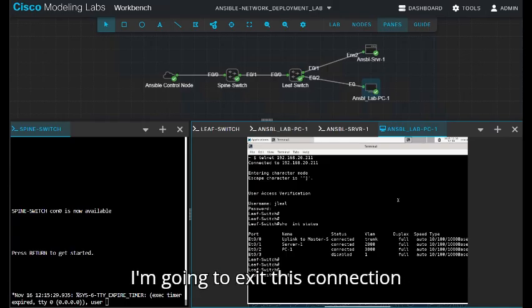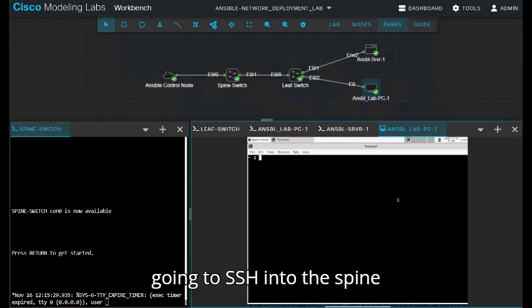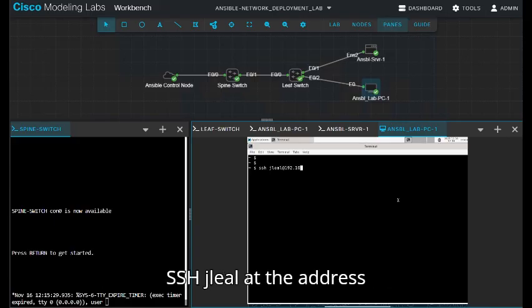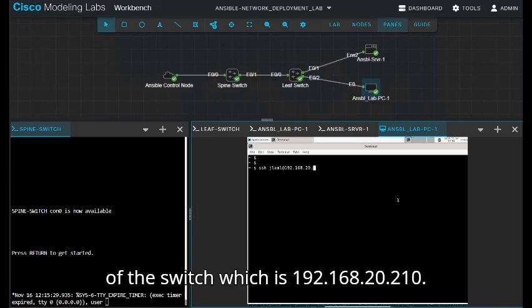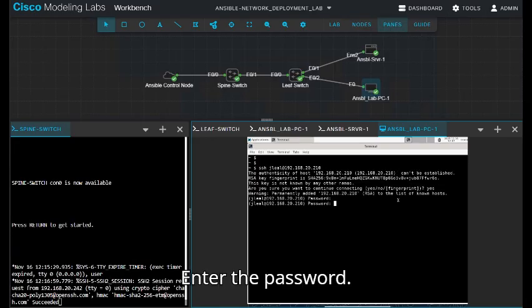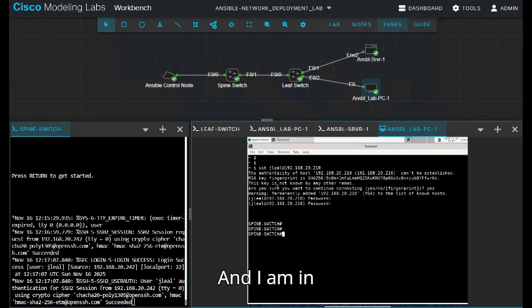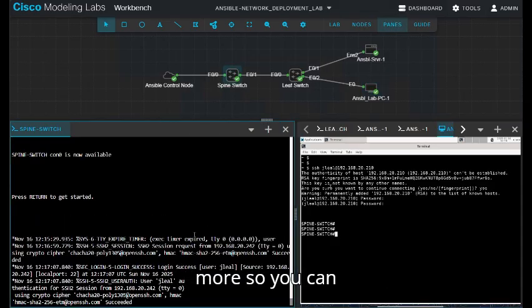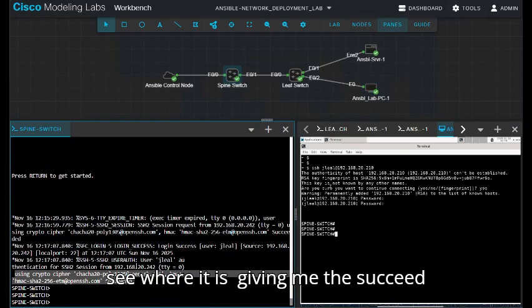Alright, so now that I confirm that I can log in from the computer into the leaf switch, I'm going to exit this connection, and I'm going to SSH into the spine switch so I can confirm that I can connect to it from the computer inside the private network. SSH JLEO at the IP address of the switch, which is 192.168.20.210. Accept the key, enter the password, and I'm in. I'm going to expand this left window a little bit more so you can see